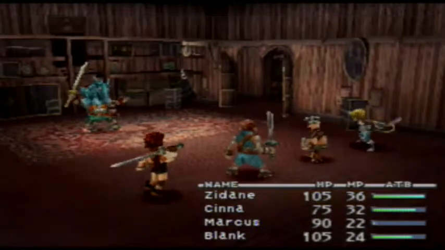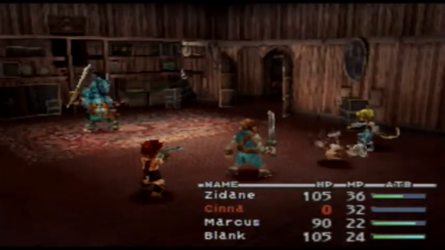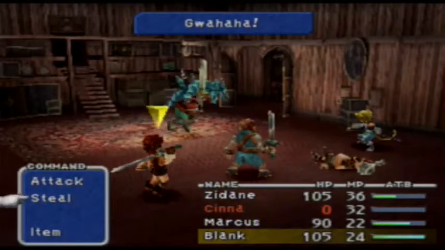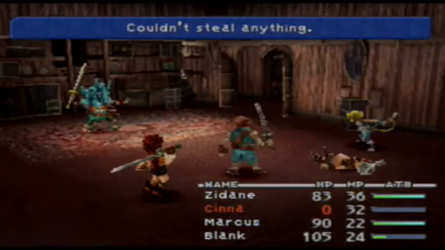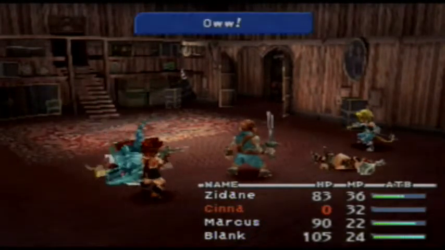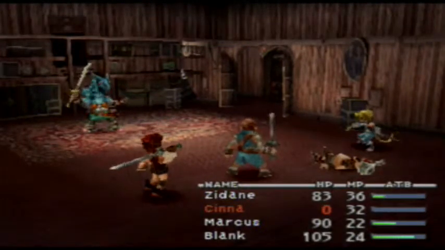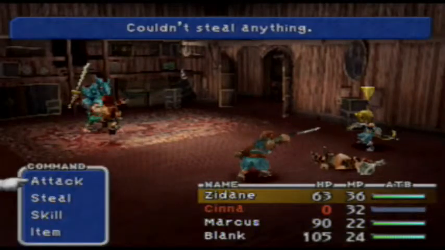How stealing works, it's complicated, but here's the best I can try. Okay, so you have a common, an uncommon, and a rare steal. The algorithm is numbers between 1 and 255, I think. Common steals are any number between 1 and 150. Uncommon steals are 151 to, I want to say, 210 or 215, and then from 211 or 216 to 255 is the rare steal. When you select steal,